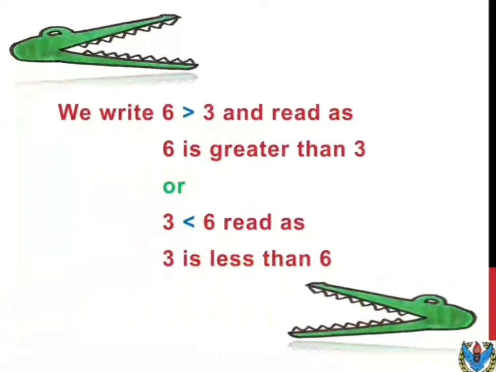If we are using the symbol, greater than or less than, we will be using it as I have discussed, and when we are going to write it in words, we will write greater than and less than, and we spell it as GREATER for greater and LESS for less.